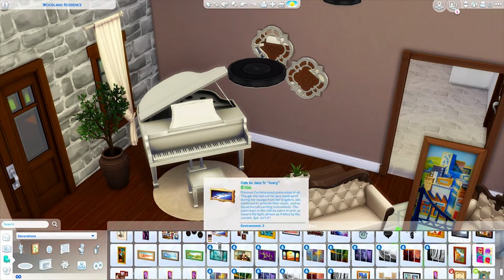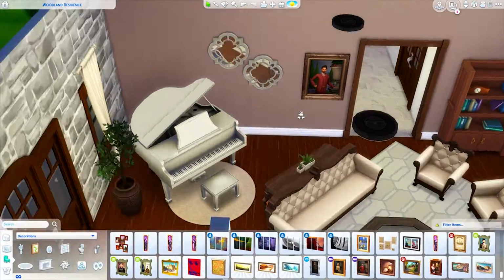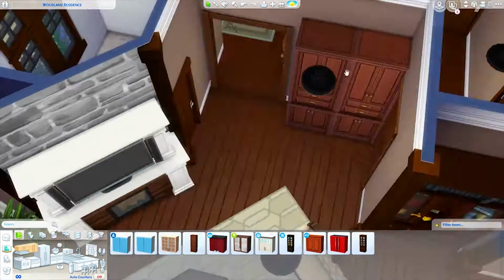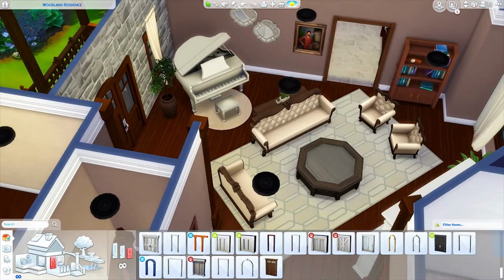I think it's one of my favorite rooms in the house, though. It's just really different from the other living rooms I've done in the past. It's just a very different style, and so I quite enjoyed it. We also add some cabinetry over here and make the archway a little bit smaller so that there was space